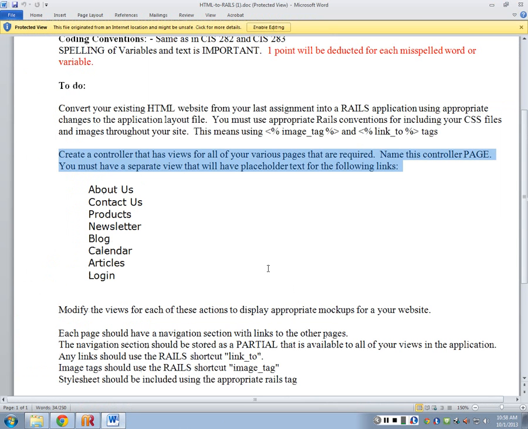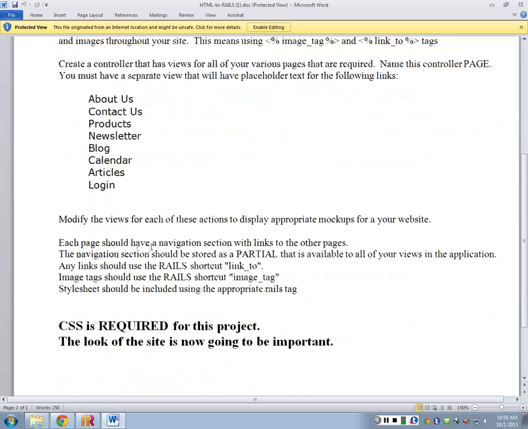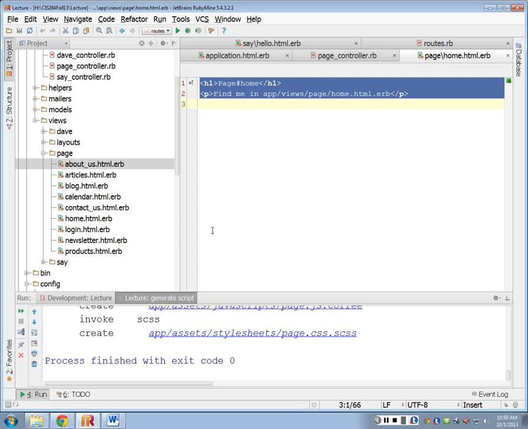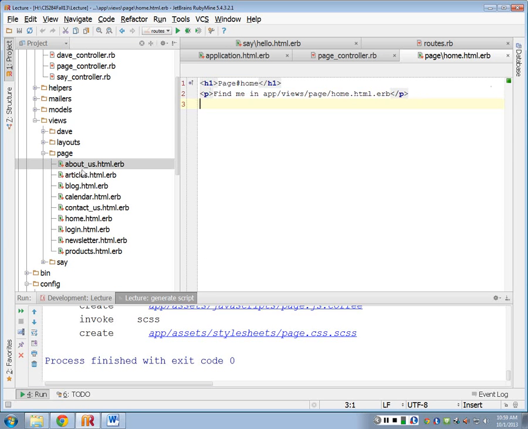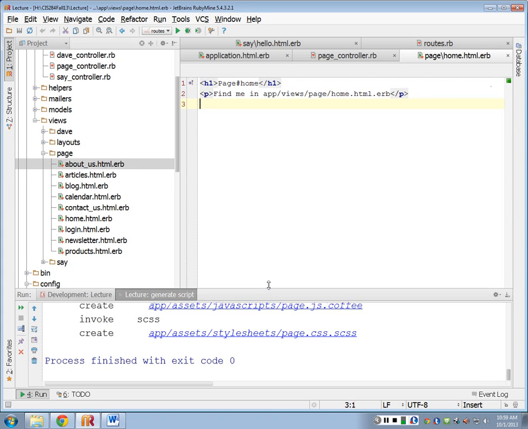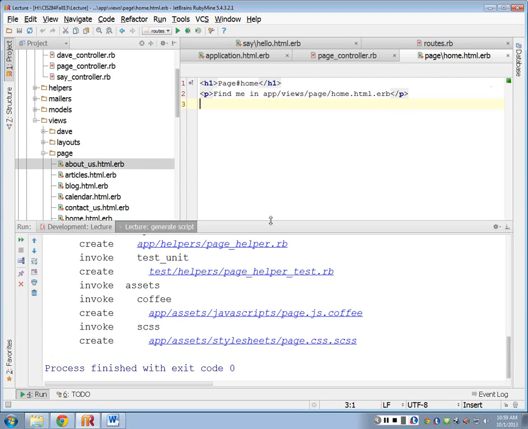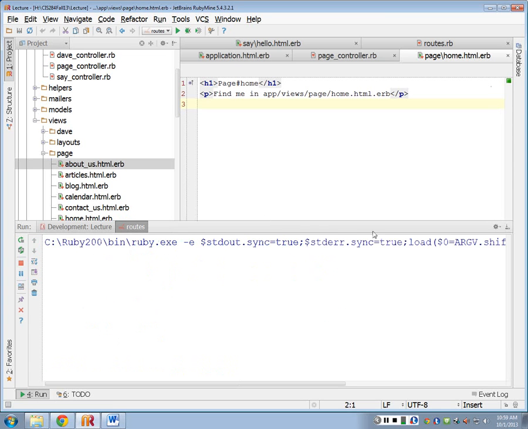So each page should have a navigation section with links to other pages. All right? And then we're going to store that as a partial. We'll talk about that in a minute. So let's continue on with using this page and creating links in my navigation section. So let's rerun the routes and see what I have now that I have this whole bunch of new stuff